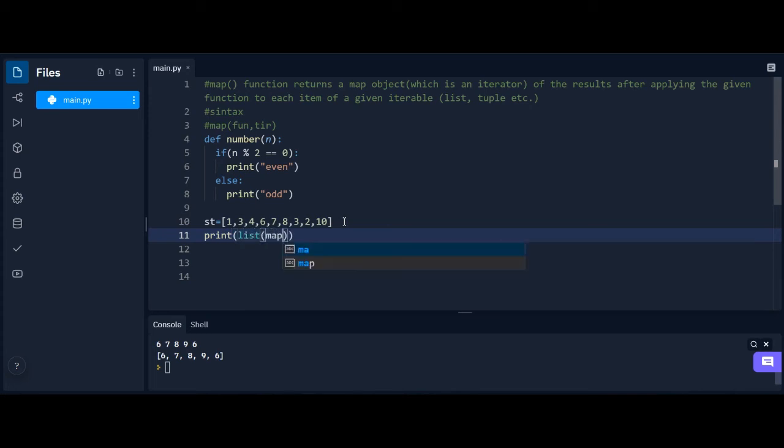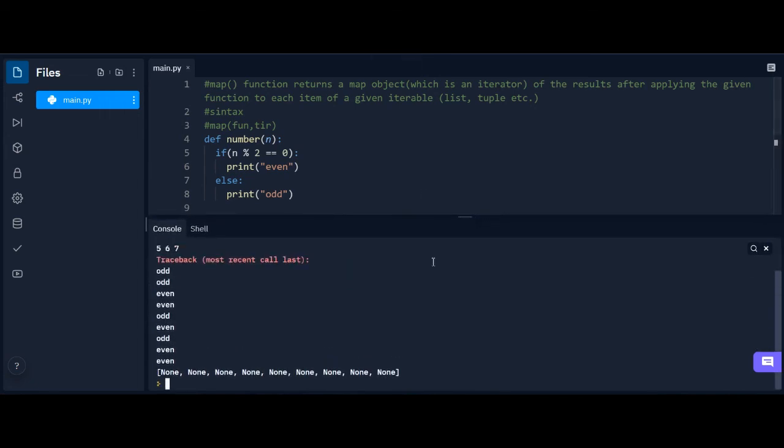print a map, and after that we first give the function, whichever function we want, right? And then we give what we want to put in it to return the result. So when I print it, it will just give me whatever I want.